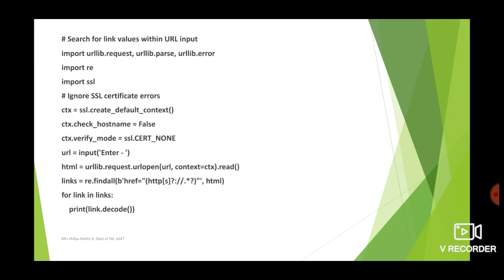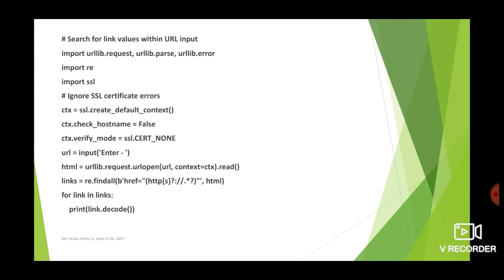If any exception is thrown during the request, then that can be handled by using urllib.error. That is the reason why we include this one. It defines the exception classes for exceptions raised by urllib.request. The base exception class is URLError. There are different exceptions that could be thrown, for example URLError or HTTPError, etc.